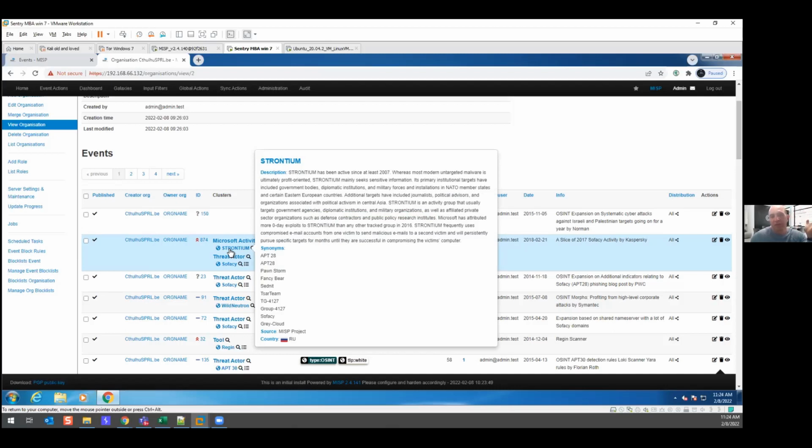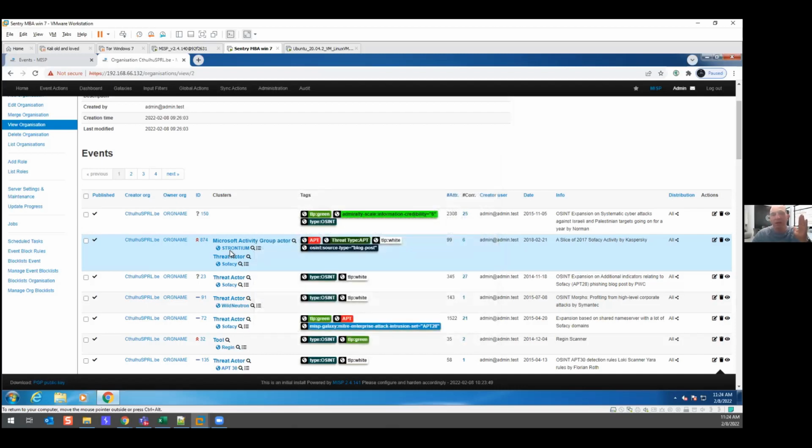And the most important thing is that you'll get here indicators of compromise, which you can inject into your SIEM platforms and get information on attacks that are just happening somewhere in the world. So this is how I see threat intelligence and how I see collaboration in the field of threat intelligence per se.